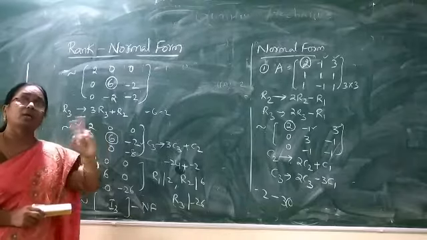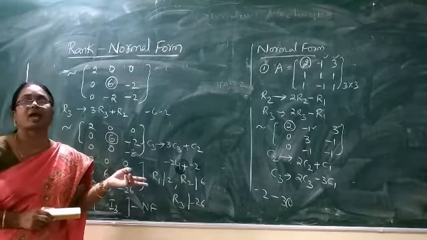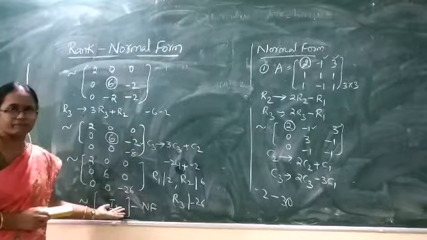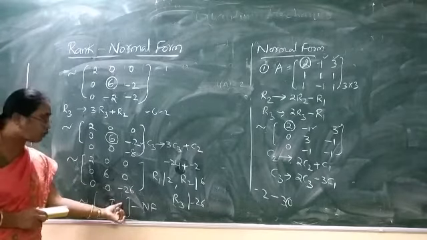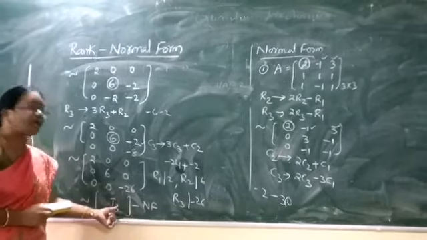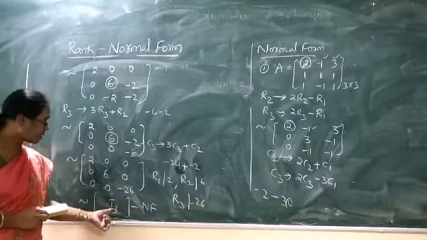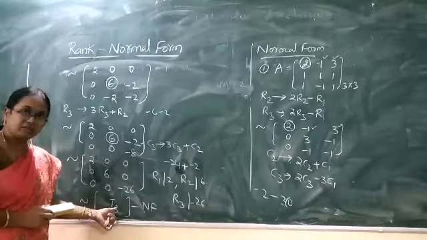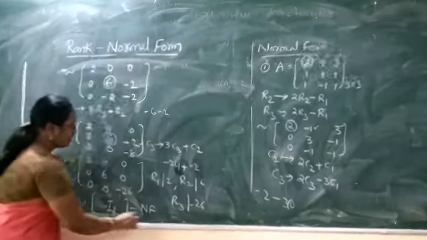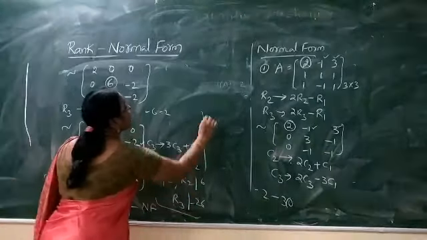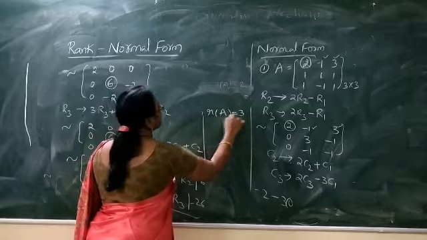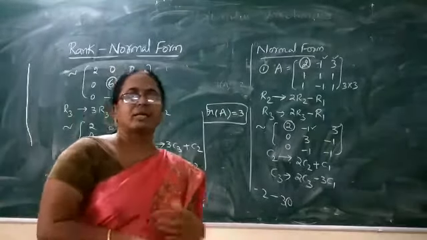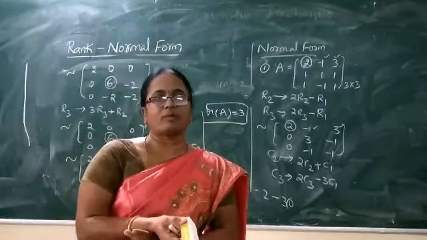And every pair of equivalent matrices will have the same rank. So no doubt the rank of A is equal to the rank of the normal form. But already we know the rank of the normal form is the order of the identity matrix in it. Because here I3 is there in the normal form, the order of I3 is 3, and the same is the rank of the given matrix. Hence our conclusion is that the rank of the given matrix is 3. And this is the method called finding the rank of a matrix using the normal form.